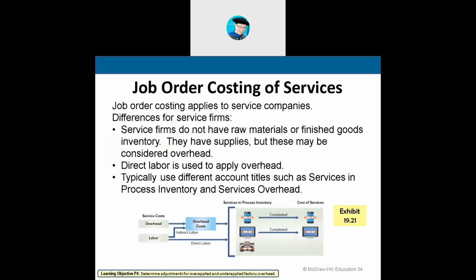We can apply the same type of job order costing to service businesses as well. This individual customer service we will record as a job. Of course, the only difference here is going to be with respect to inventory. We don't have raw materials inventory. We do technically have work in process. We call it service in process. It becomes a cost of the service. And the overhead is actually labor, the direct labor, indirect labor, and any type of other overhead like rent, etc.